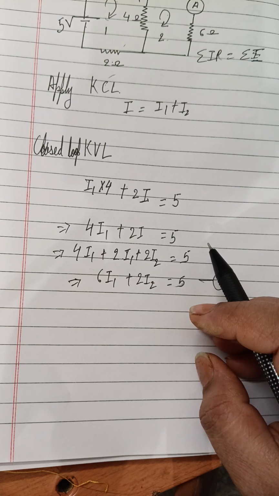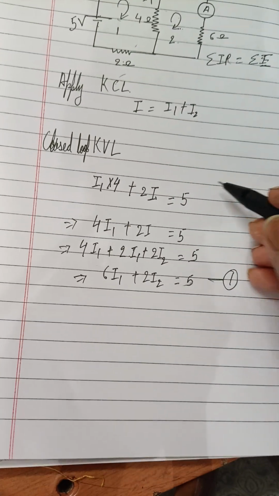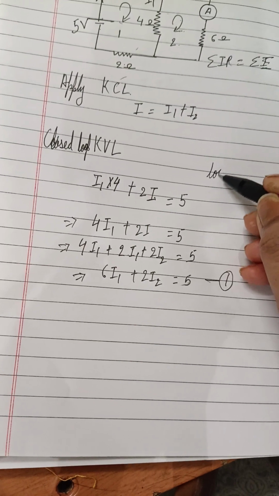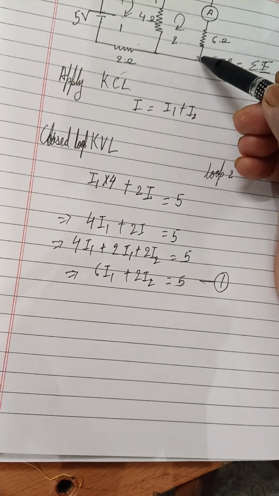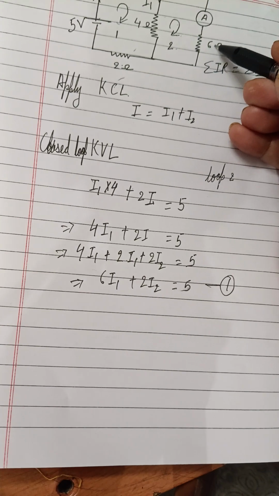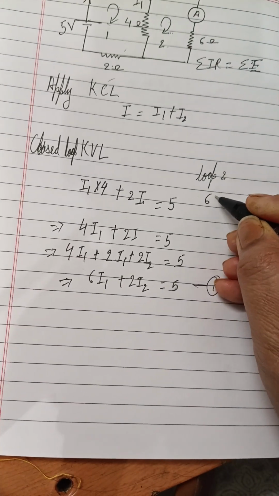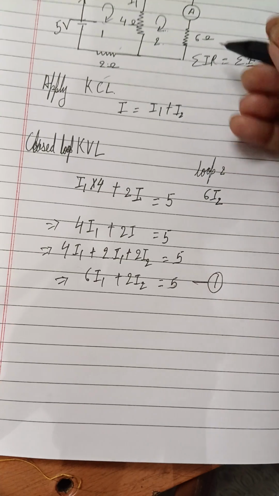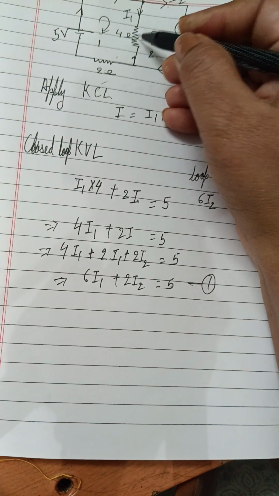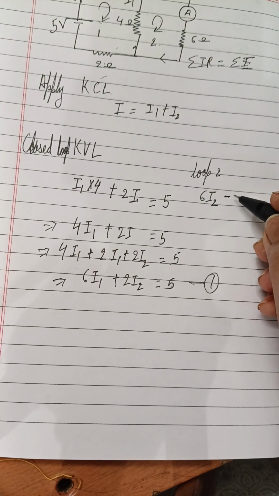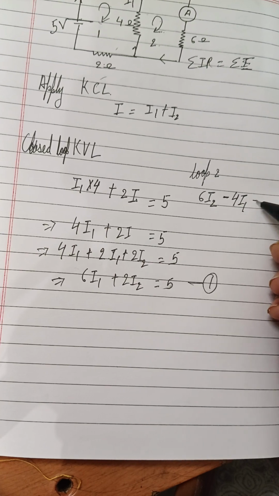Now you have to find the second equation for loop 2. This is your loop 2. For loop 2 you can see this is the direction of I2, and it is 6 into I2, so we get 6I2. But when it is moving from this side, it will come over here and then move this side, so this is opposite to the direction. So we will write minus 4I1 is equal to